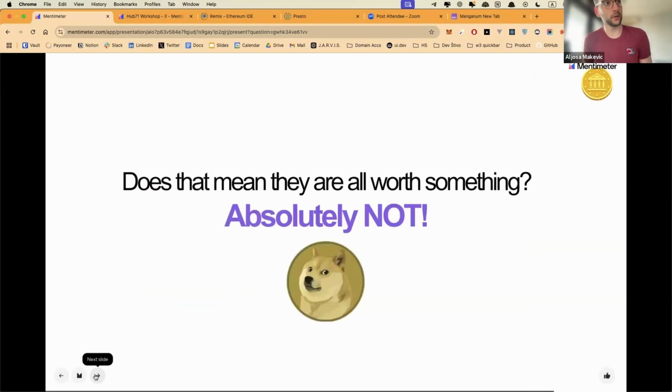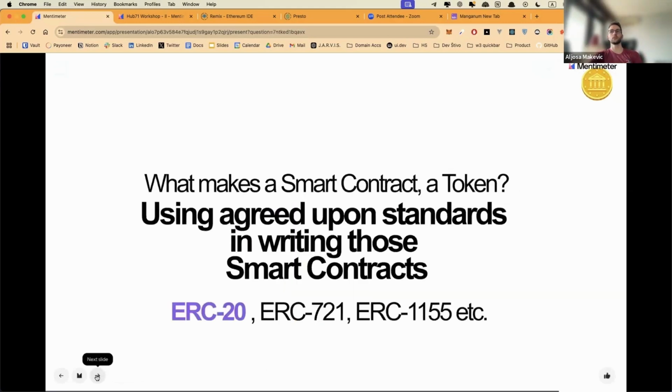Whether it will actually be worth something or not is more of an economic question than a technical question, because it needs to have utility. There has to be a reason for people to use it. If people use it, it will have value, and then it snowballs from there. I can make an Alyosha token today, and it won't be worth anything just because it exists.